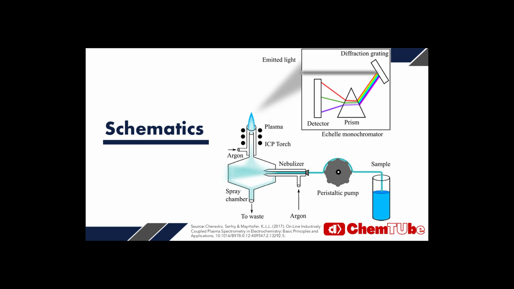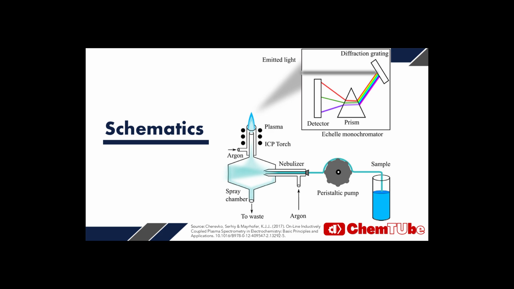Its high temperature, about 10,000 kelvins, vaporizes the aerosol. At this stage, the composition of the sample is broken down to free atoms that are then excited by collisions with the plasma. Sometimes the atoms can even be ionized, and then the ions can be excited. The excitation of atoms and ions leads to photon emission during relaxation to the ground state. The wavelength of the photons emitted by a specific species is characteristic for it and its quantized energy levels. This is why the element that emitted the photons can be identified.